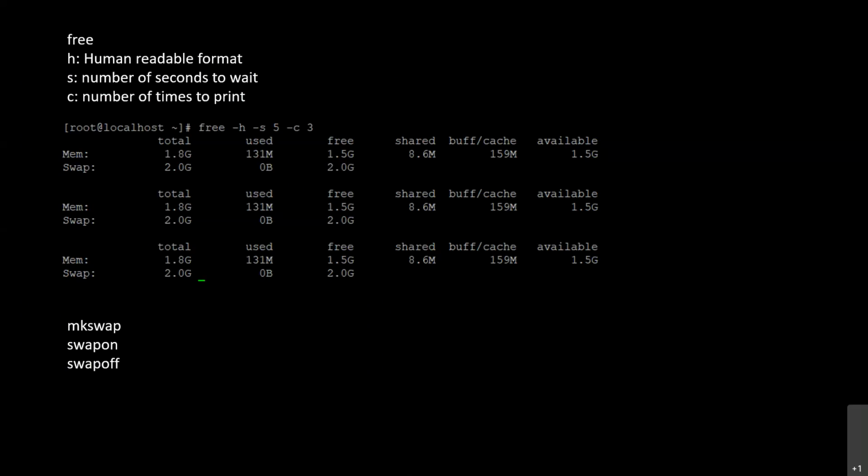So we can use free -h to display human readable format, -s to wait for a number of seconds, and -c for how many times this process should repeat, so that we can analyze the memory usage whenever it's required. And you can try mkswap, swapon and swapoff commands by yourself.